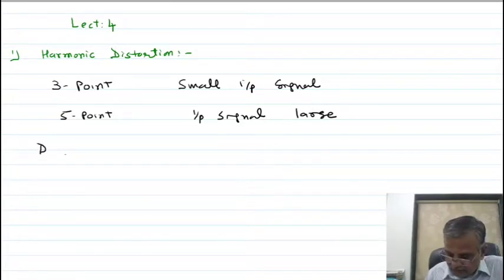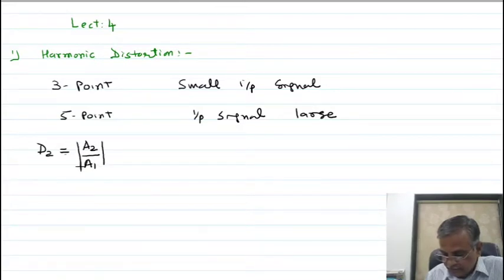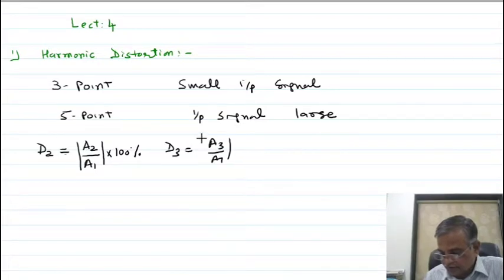The second, third and fourth order harmonic distortion can be calculated from the following equations, where A1, A2, A3